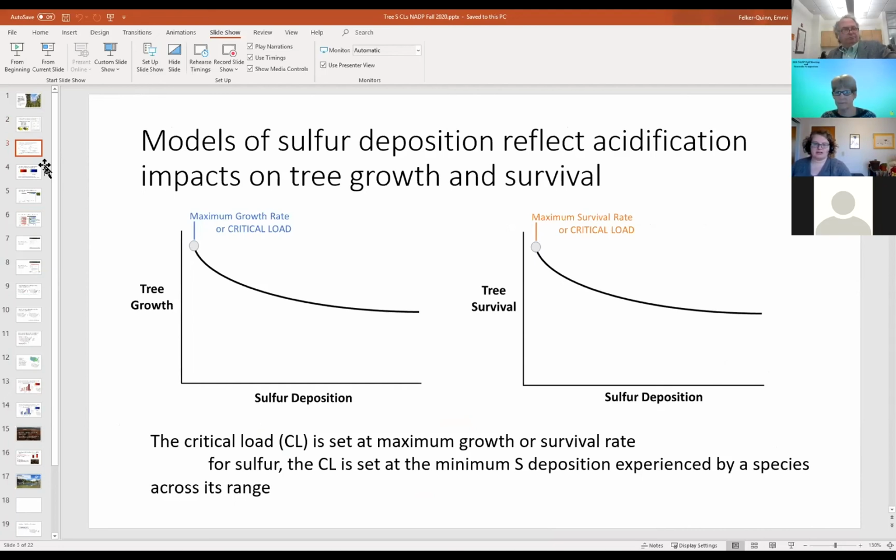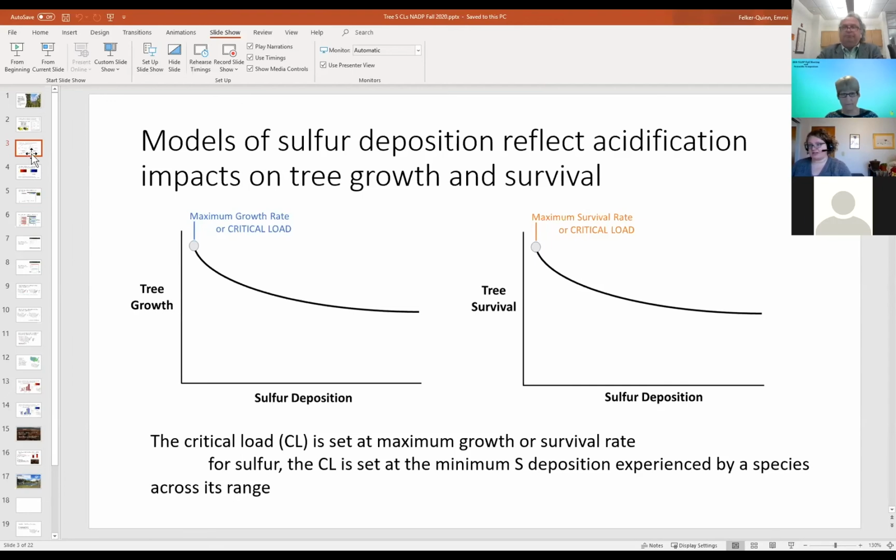So by the classical definition of a critical load as the amount of deposition that an ecosystem or organism can tolerate before we see negative effects, the critical load in these relationships is set at the maximum growth or survival rate, which also means that it's set at the minimum sulfur deposition experienced by a tree species across its spatial